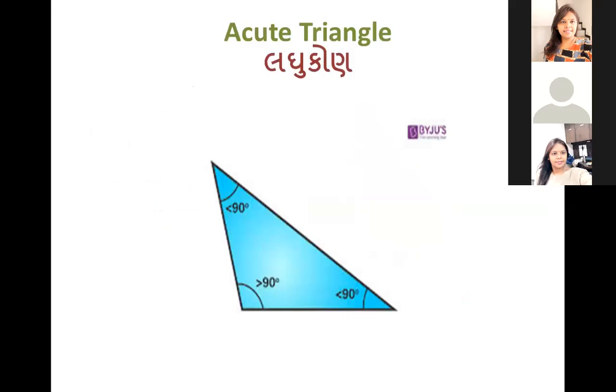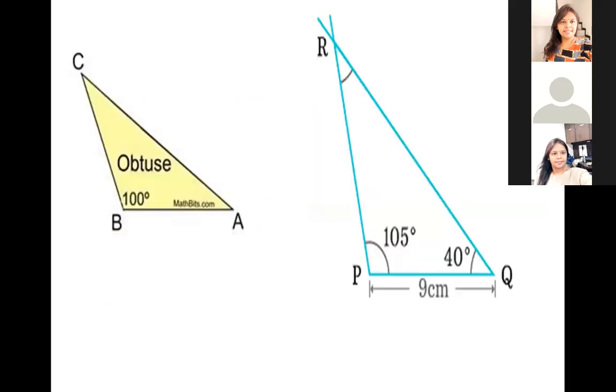And students, if you take one angle as 90, the remaining angles will all be less than 90. They will never be more than 90. So don't forget, if any one angle is greater than 90, the remaining 2 angles are always acute. Remaining 2 angles are always less than 90, and less than 90 means acute.